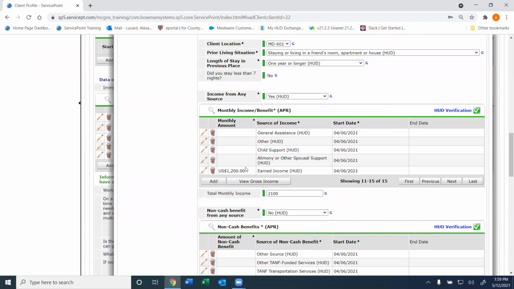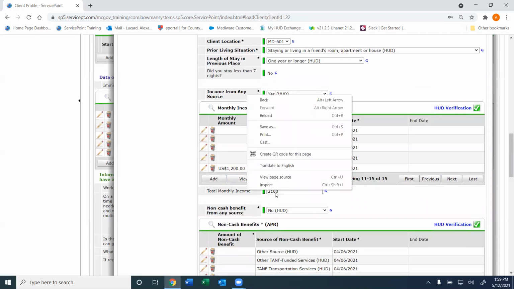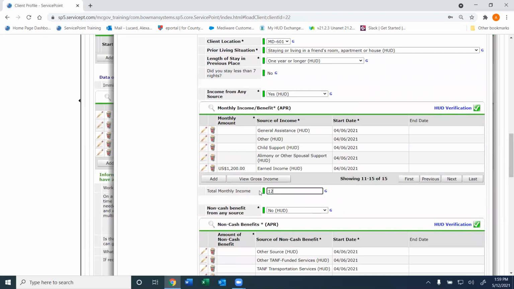When you notice that the total monthly income for your project start date does not match up, go look at your records. Go look at the pay stubs, whatever they said on the client intake, and see how much money they were actually making. And then we would just make the change. If this is $1,200 and that's correct, all we have to do is go 1,200. And if the 2,100 is correct,